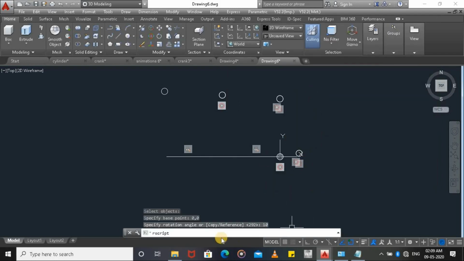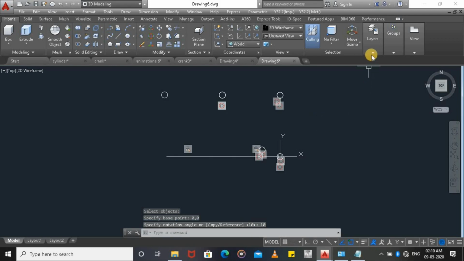We can see that here our script is written because we are not pressing enter in the file, so we are pressing enter manually. So you can see that by pressing the enter key manually, this crank is rotating and the crank is connected with this link for oscillating. So now use escape command, insert other parts.